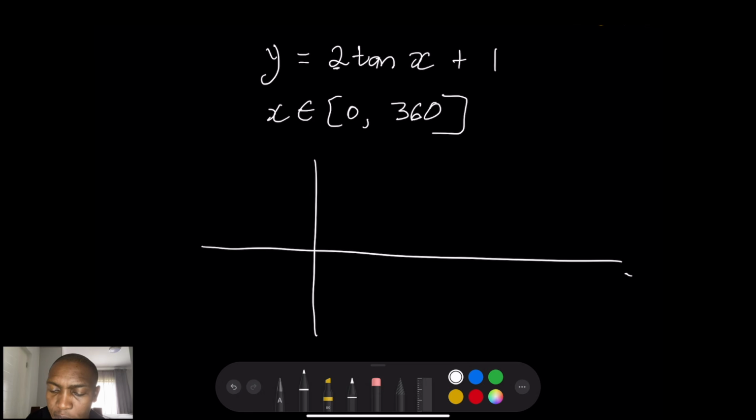Okay, so let's have 90, 180, 270 and 360. Because they did not change the frequency of my graph, it's still a normal frequency, and we don't have a horizontal shift, it means my asymptotes would still be at the same points, that is at 90